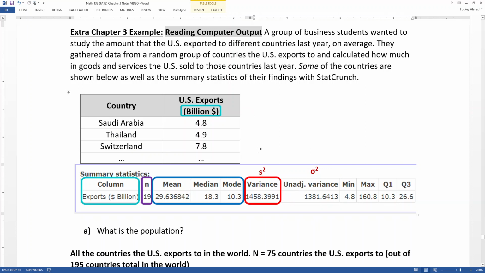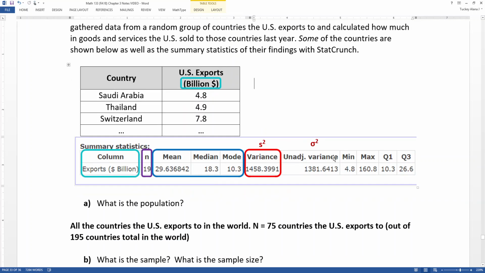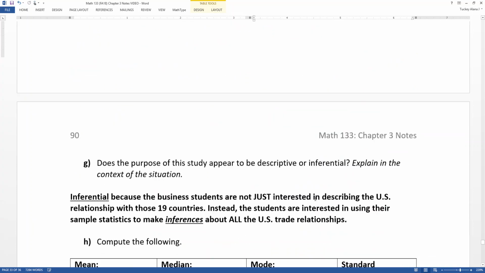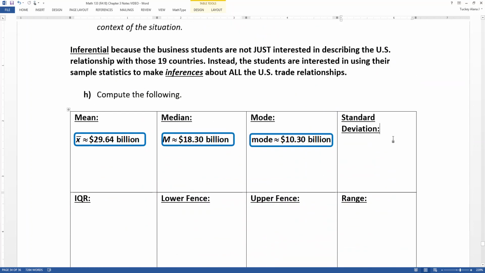Now, if we happen to have a population, let's say it was all 50 states and all 50 were given to us, then we would use the unadjusted one because that would be appropriate. So you have to use whichever one's appropriate for your context. All right, so we're going to use S squared. And then we're also going to use the fact that the standard deviation is the square root of the variance. So we would take the square root of that number and we would get,